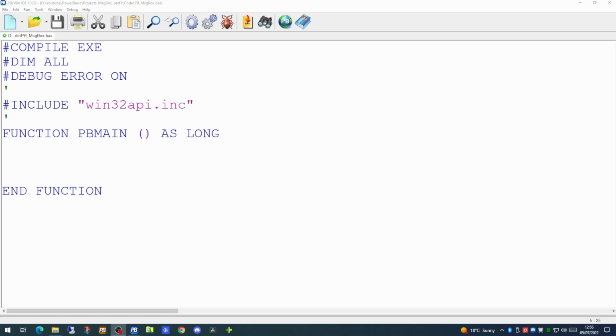Now that we have a rough idea of what our project is going to comprise of, we're going to create a PowerBasic Windows program which is going to be used as the test framework for our project. We have a very straightforward and small program here whose sole inclusion is the Windows 32 API. We're going to be initially accessing our PB message box from a DLL. So we'll have to do a declare statement within our testbed here to actually access that function.